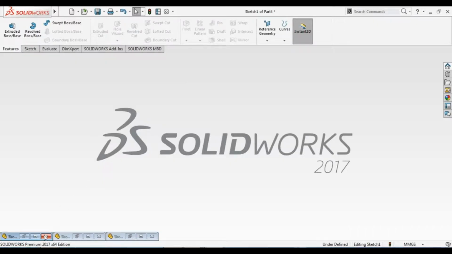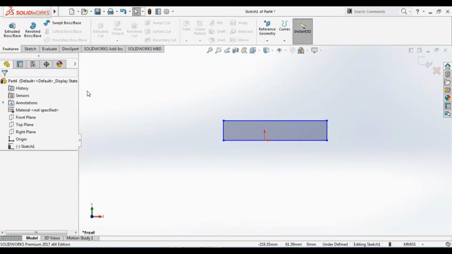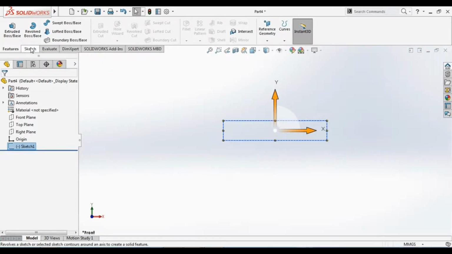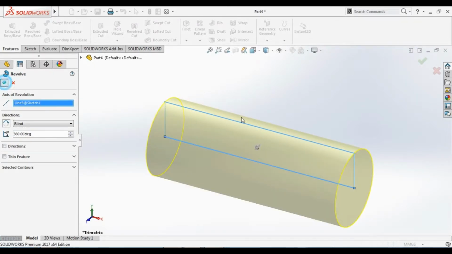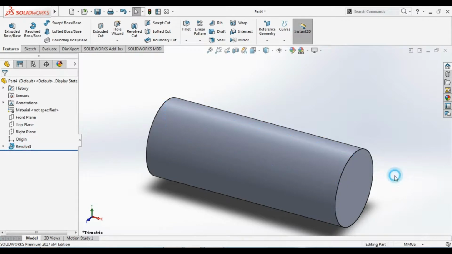In this tutorial we learn how to use the revolve tool. First thing, we have this rectangle, let's draw it on the front plane, exit the sketch after drawing, and go to select sketch and make it revolve here. Just select the axis of revolution, for example this axis. Here we have a rod. Okay,